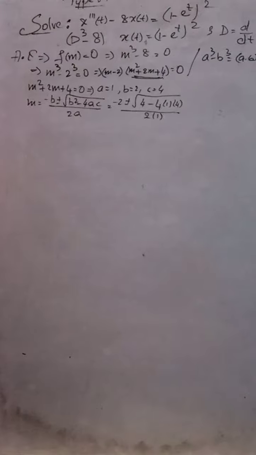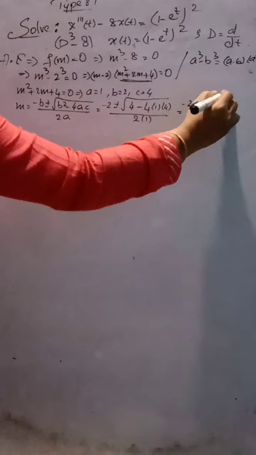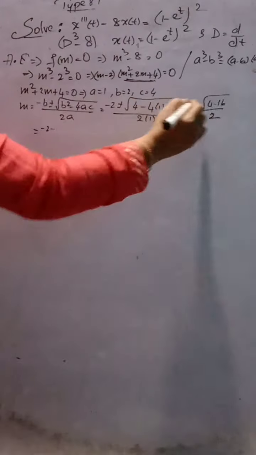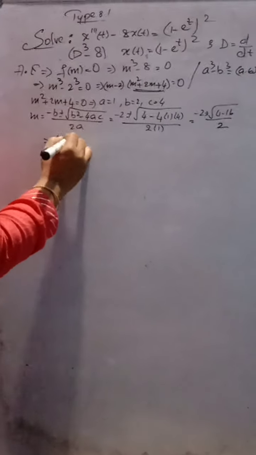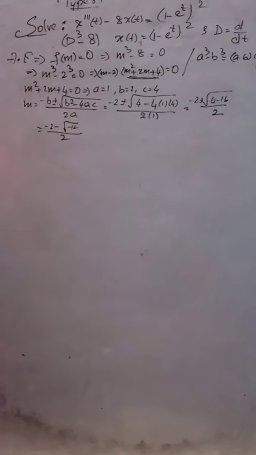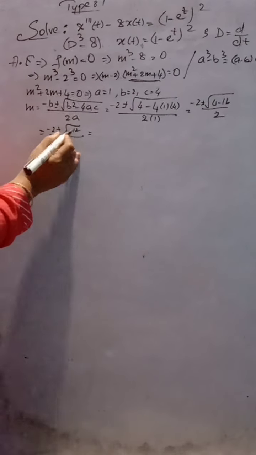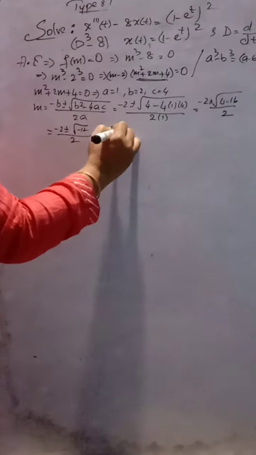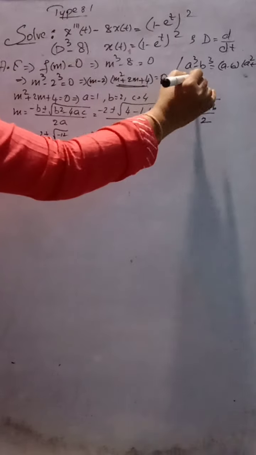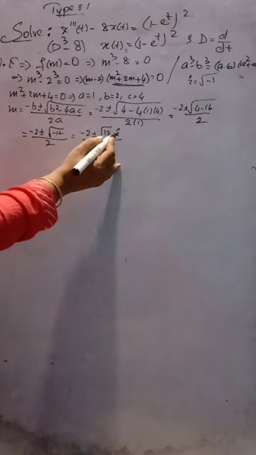Understood, guys? So you are going to get a negative number inside the root. So minus 2 plus minus under root of 4 minus 16, by 2. This is equal to minus 2 plus minus root of minus 12, divided by 2. Now to get rid of the negative number inside the root, we need to give the complex form. So it's going to become root 12 i, where i is equal to, one should always remember, under root of minus 1, the whole divided by 2. I is outside the root, guys.